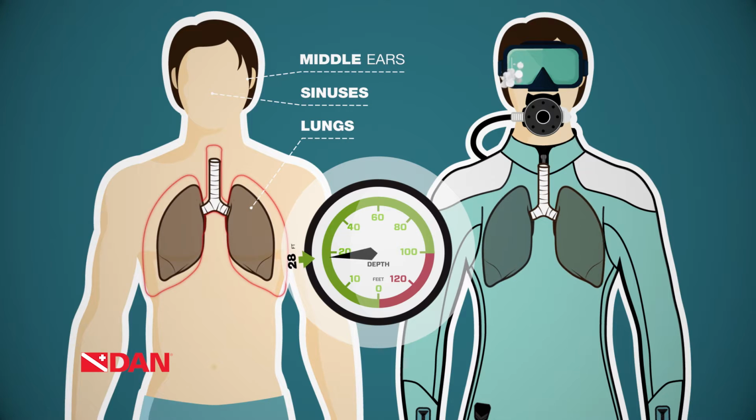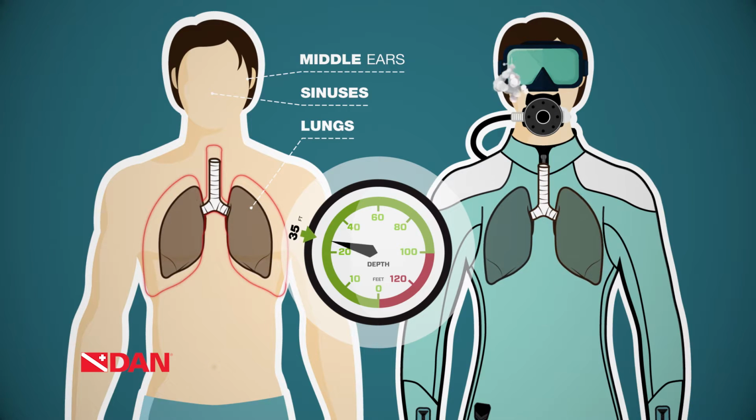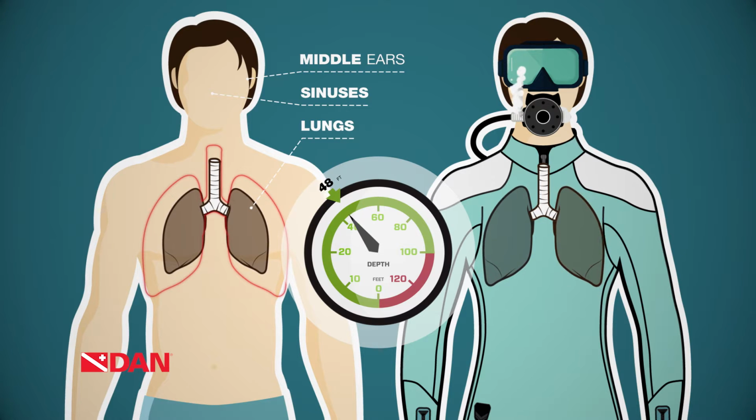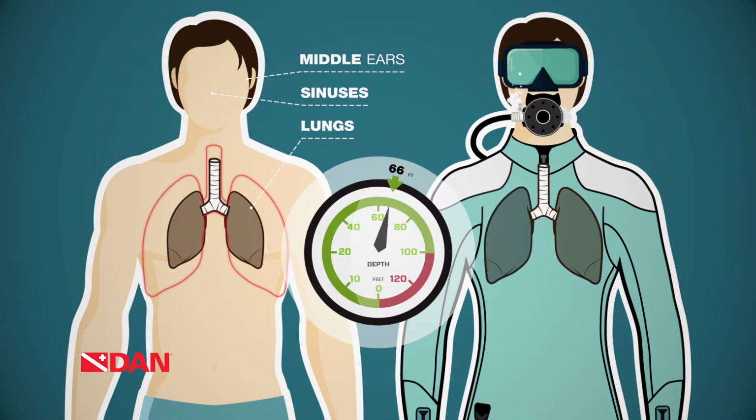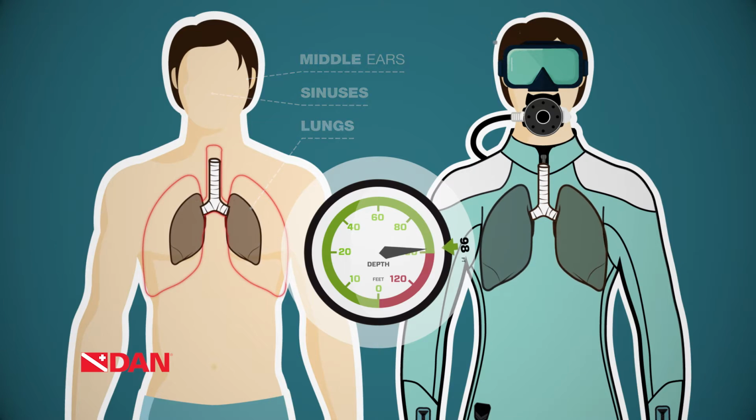Since a given volume of space contains more gas at depth than it does on the surface, in order to maintain the same volume, these hollow organs need to take up additional gas during descent and then give off some expanding gas during ascent. However, the volume of gas that you need for breathing at a given level of exercise is always the same, regardless of depth. This is the reason why tanks of compressed air get depleted faster as divers dive deeper. Divers use the same volume for a given level of exercise as they would on the surface. But with increased pressure at depth, there will be more gas packed in that same volume.